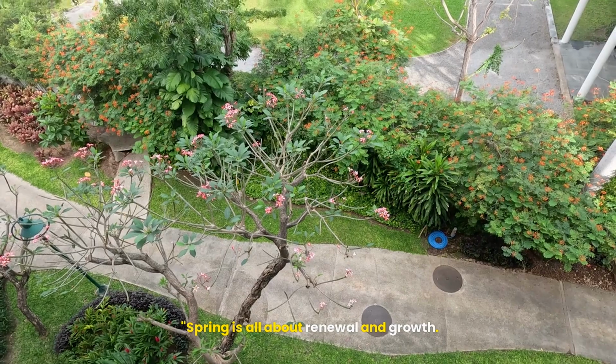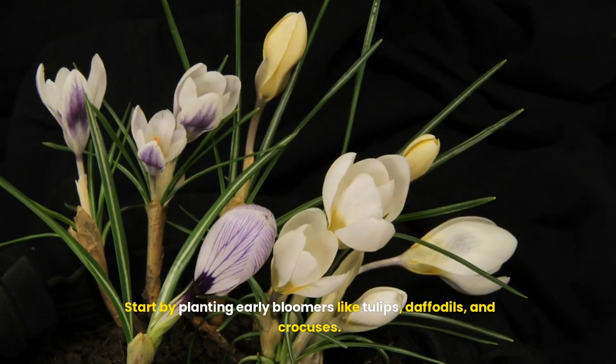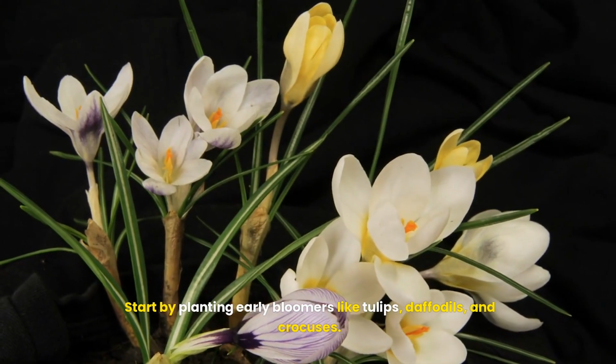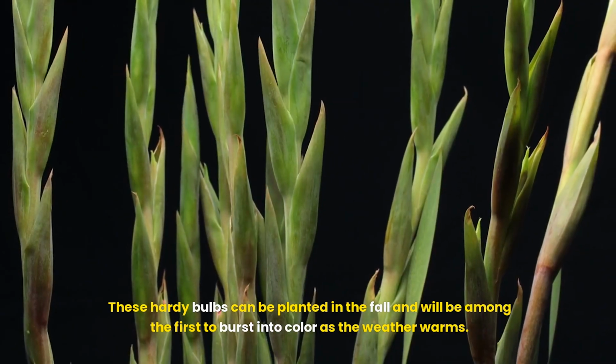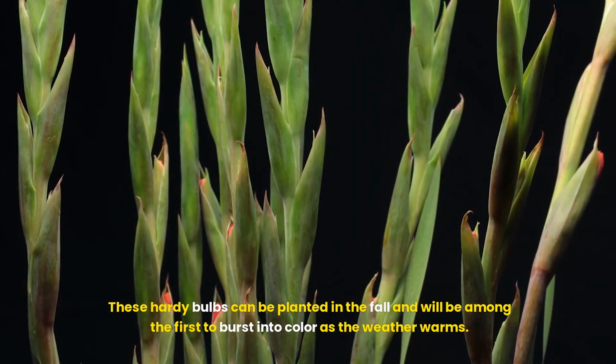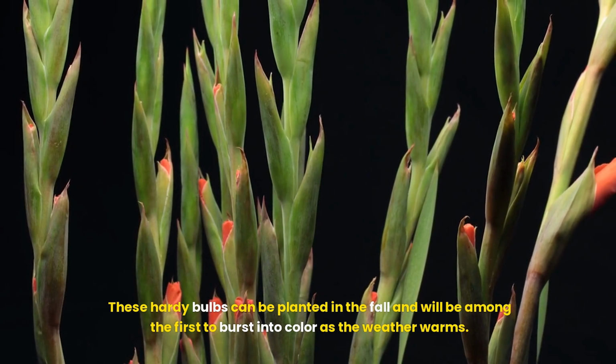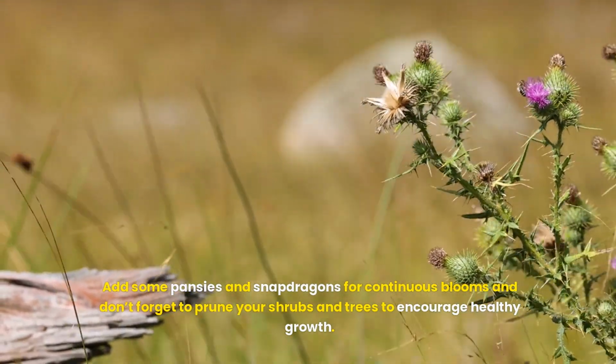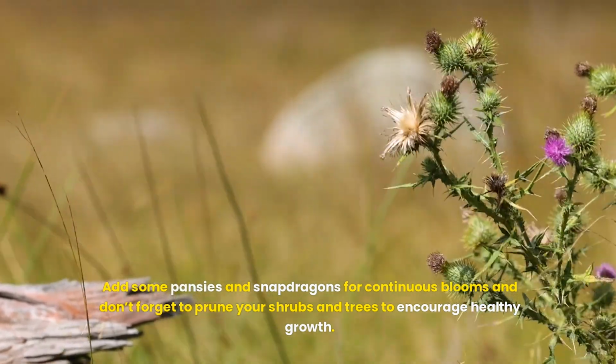Spring is all about renewal and growth. Start by planting early bloomers like tulips, daffodils, and crocuses. These hardy bulbs can be planted in the fall and will be among the first to burst into color as the weather warms. Add some pansies and snapdragons for continuous blooms, and don't forget to prune your shrubs and trees